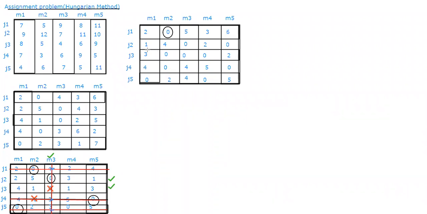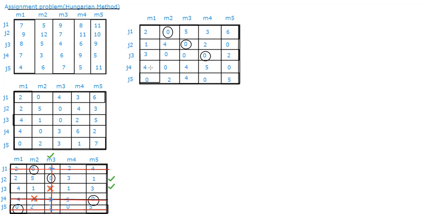Okay, done. Now the second row. The second row 0 I have selected as it is. No change, because this one has no issues. Done. Then the third row: first 0 is there, second 0 is there, third 0 is there. First and second will not be useful for me, but I got one more 0 here without any problems. So I have selected this one.